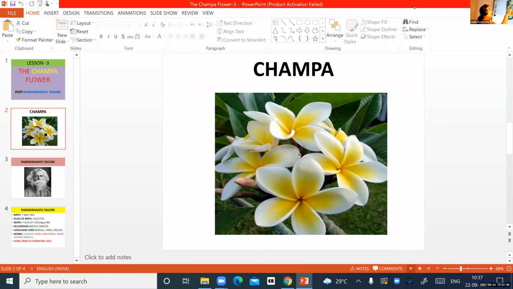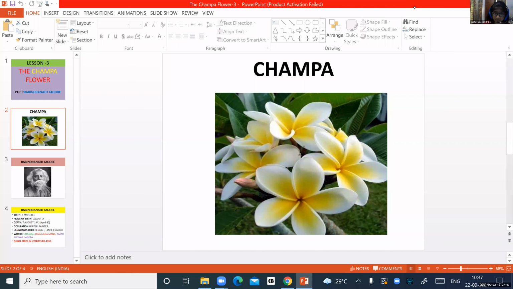It is a white colored flower with shades of yellow and red in between. See, white, yellow, and red. Did everybody notice all the three colors?